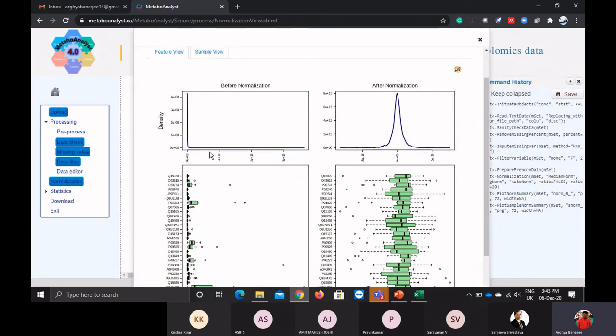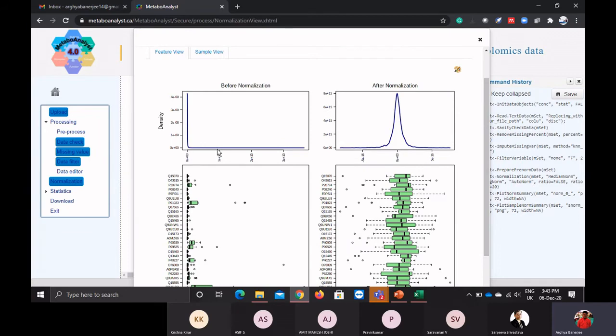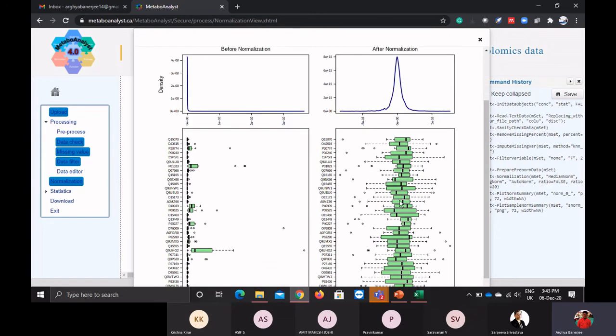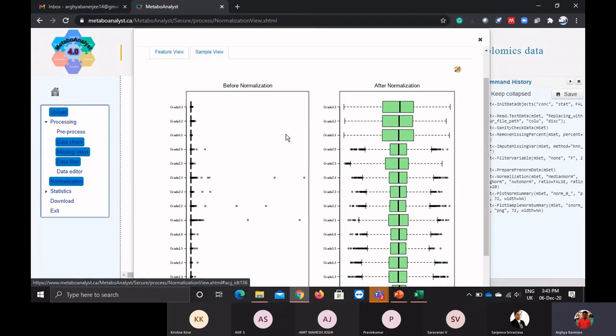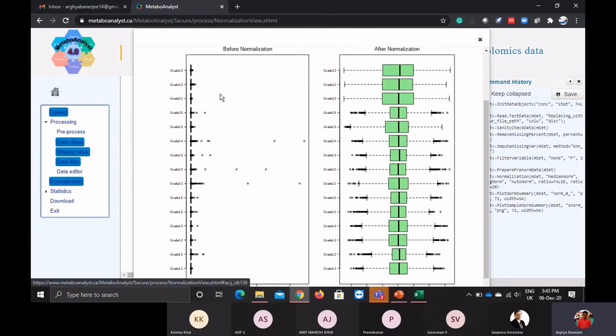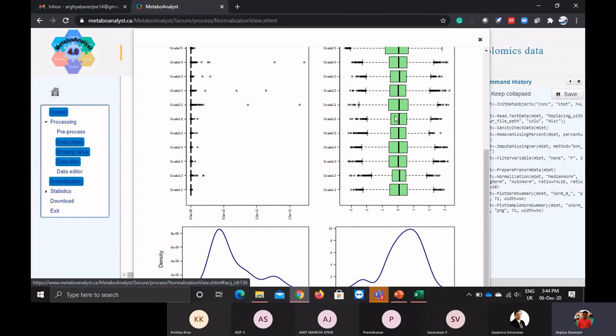See, this is my not normalized data. These are my features, the protein features which have been recognized with the mass spectrometry. This is before normalization and this is after normalization. You can see more of the features are on the center. If I go sample-wise, you can see my grade 3, grade 2, grade 1 are all scattered, but now they are brought near the center.